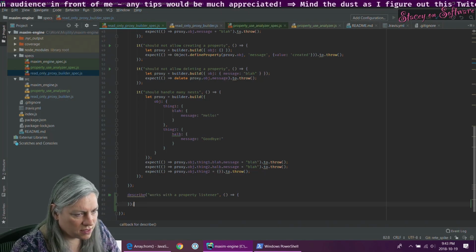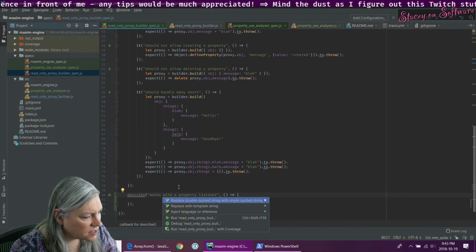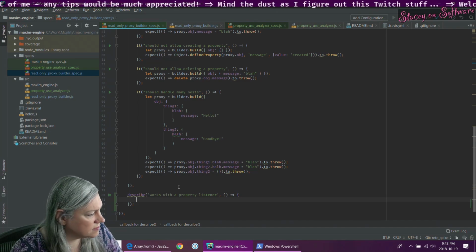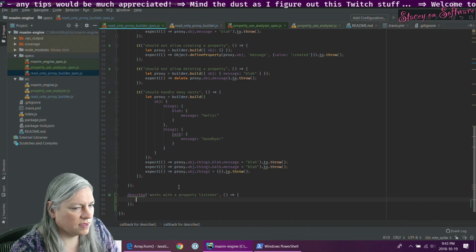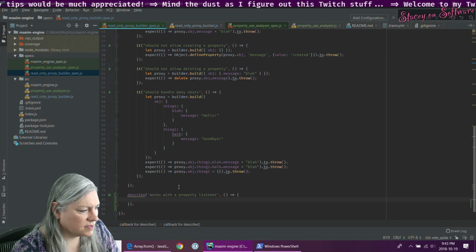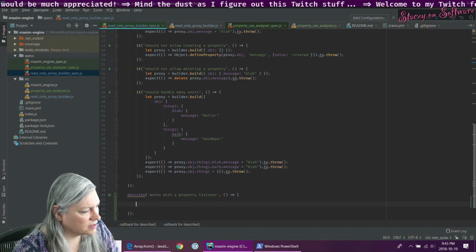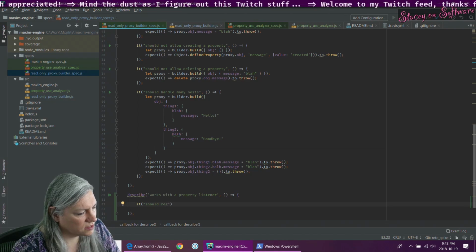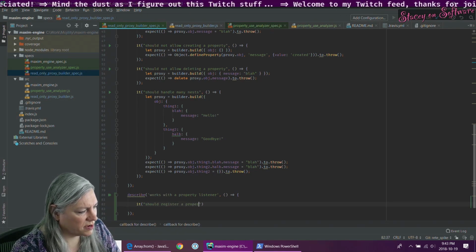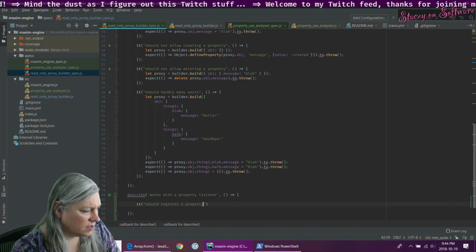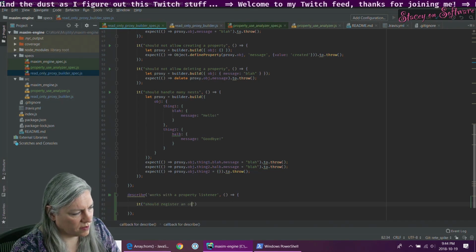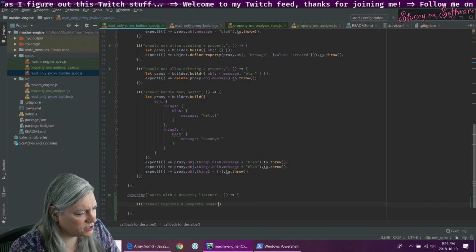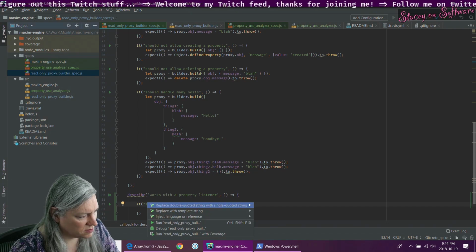And let's see. So it should register a property, a property usage. Sounds like maybe.